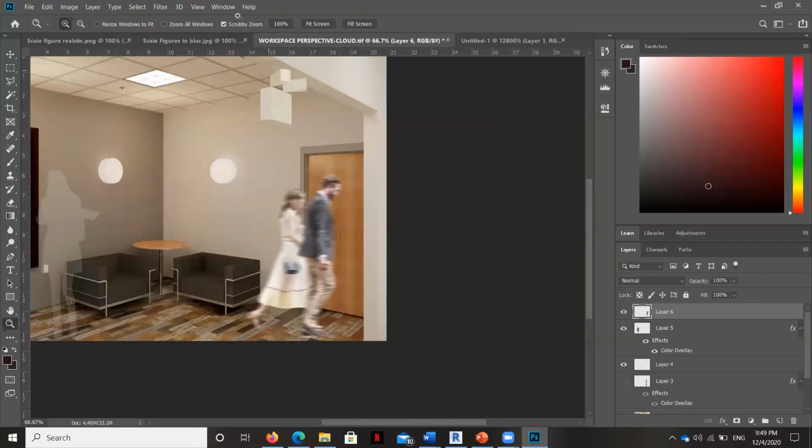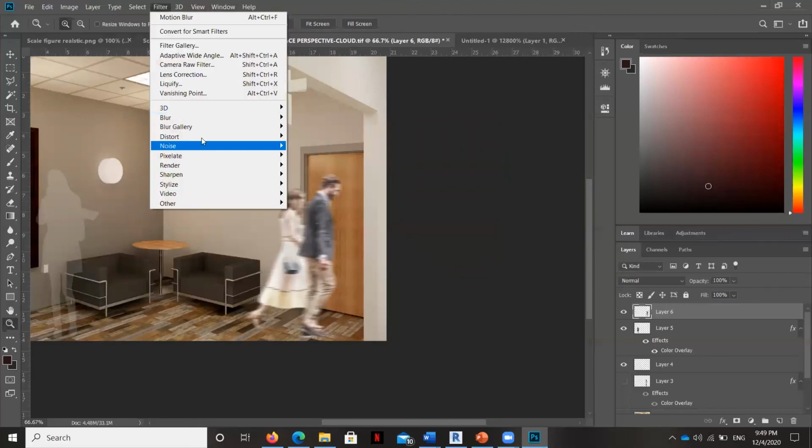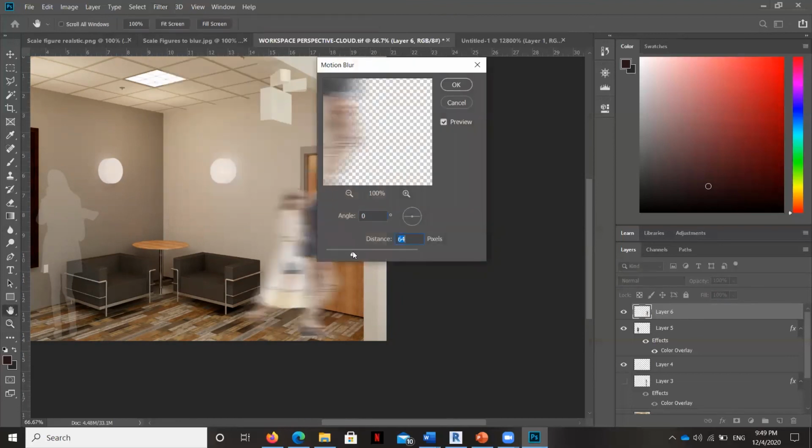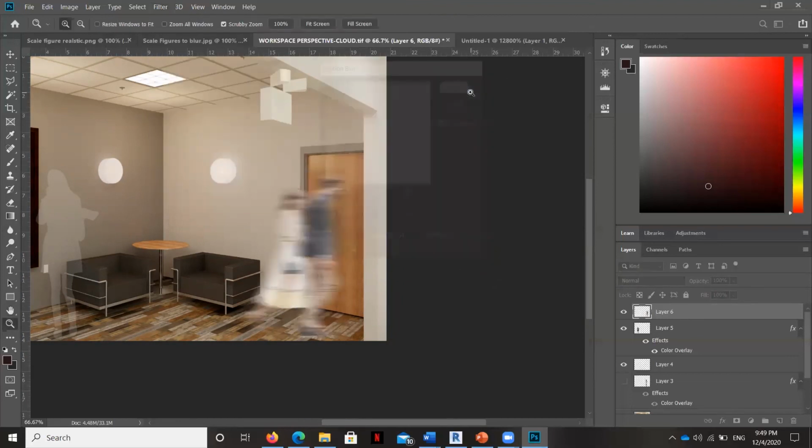And this blur, I've seen them be really blurry. And they're popular because it makes the scale figure look really anonymous, but also you get a few of these in here and you can really start to make the space feel like it's full and buzzy and people are active.